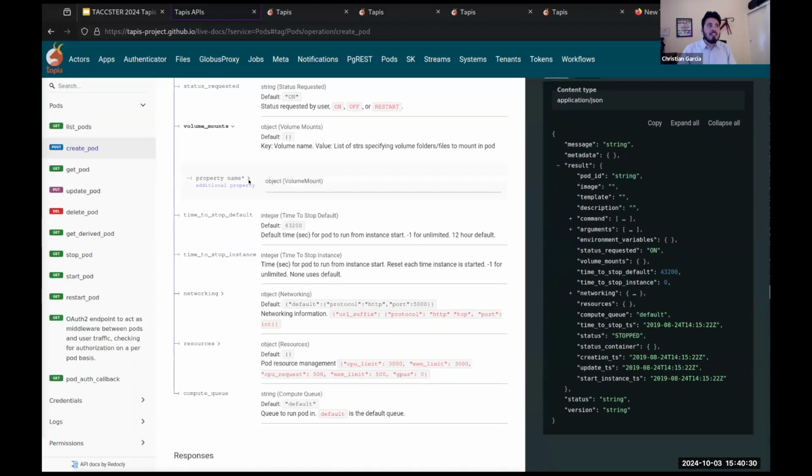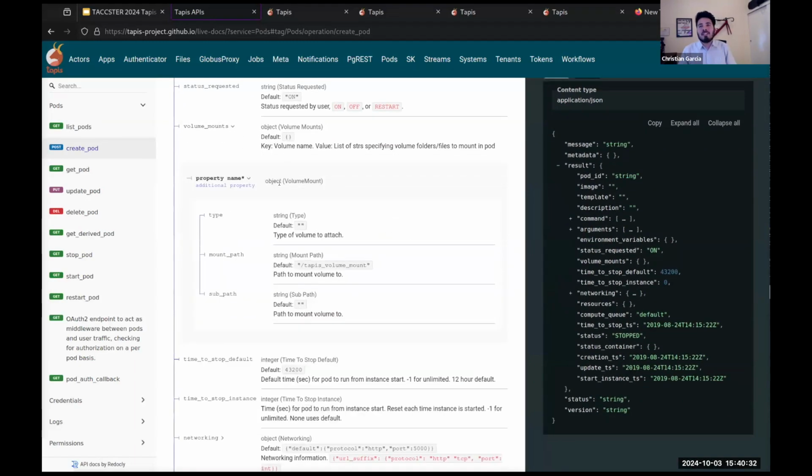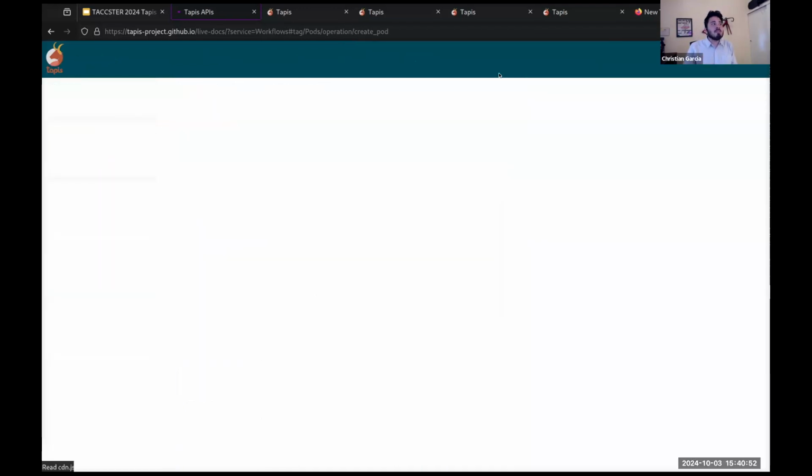Alongside the documentation that is a little bit more story driven. I wouldn't say story in particular, but it's not written by the API. But this allows users to really figure out exactly what they need, find the little nitty gritty arguments that they might need. But going back to workflows,